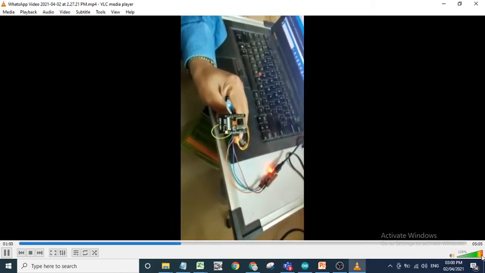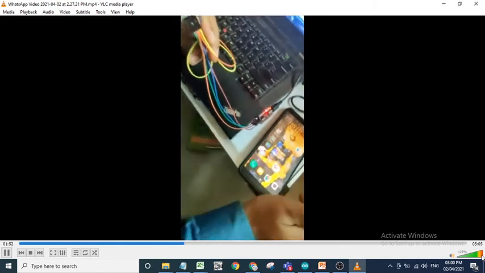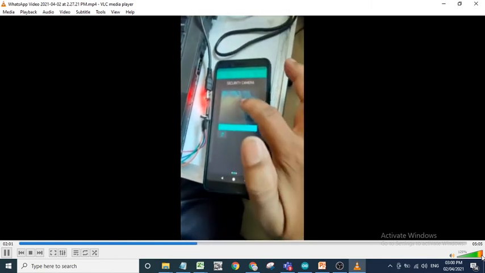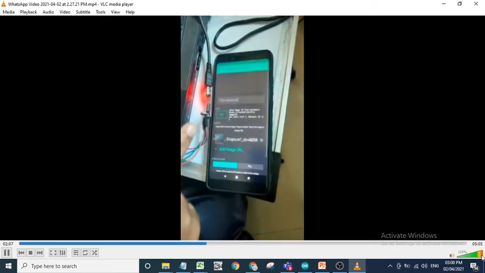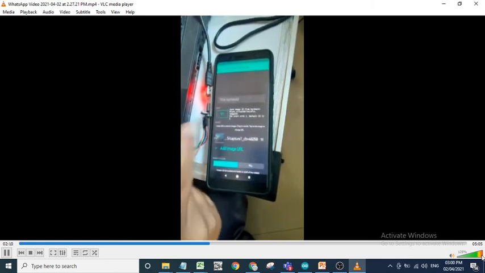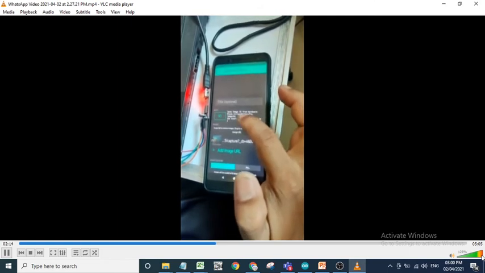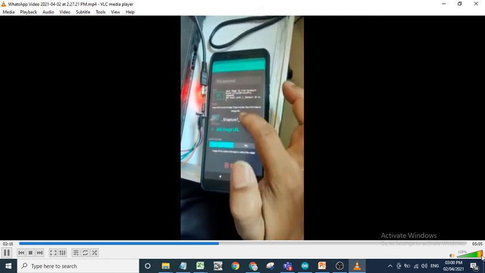Meanwhile, I will show you the setting of Blink. So this is my mobile. In this I have to open the Blink app. So this is already set. So we'll check the parameter. Here you have set this as V1. Send image ID from hardware, so that you can set here, and this is my image ID.